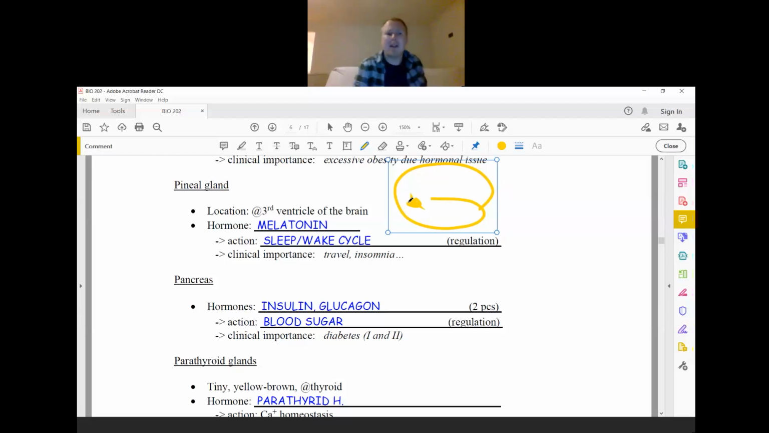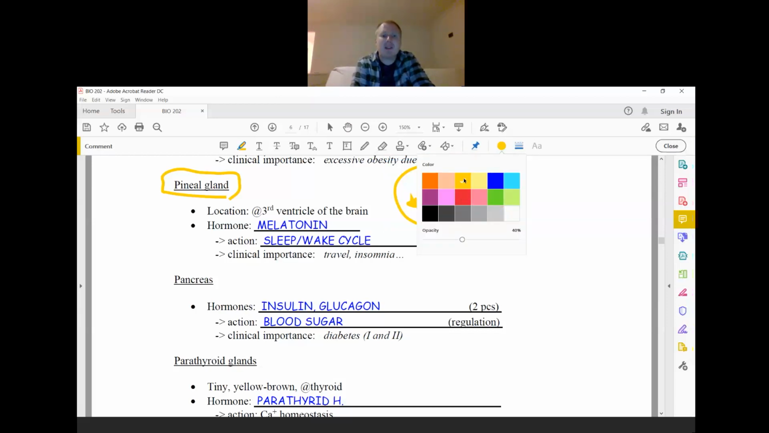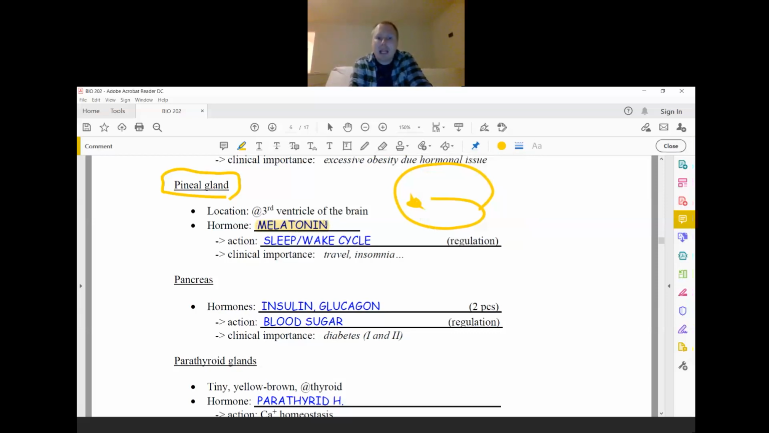So the pineal gland is a small pea-shaped gland within the brain, deep in there. What it does is release an important hormone to us. The hormone that is released from this pineal gland is melatonin. Notice it's not melanin, it's melatonin. So what melatonin does, it regulates our sleep and wake cycle. So for example, individuals who have,